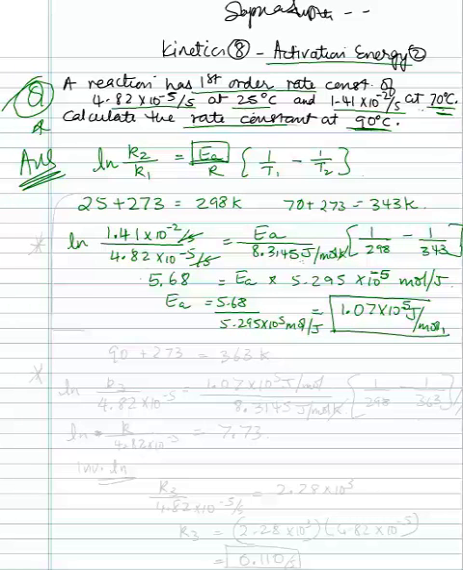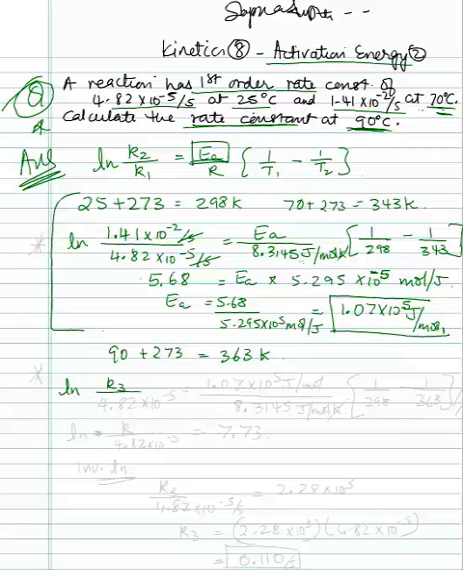So now that we've calculated activation energy, we are now going to calculate K3, because we're supposed to calculate the rate constant at 90 degrees Celsius. So 90 plus 273 is 363 Kelvin. Then ln of K3 we don't know. We can pick K1 or K2, it does not matter. So let's pick